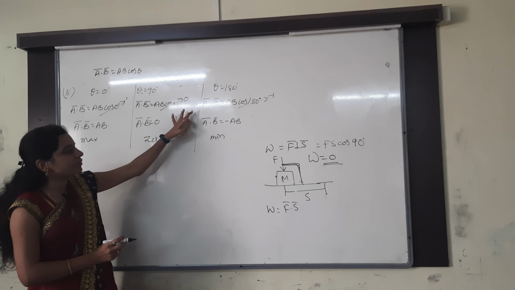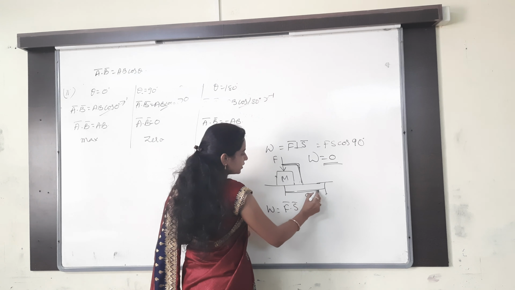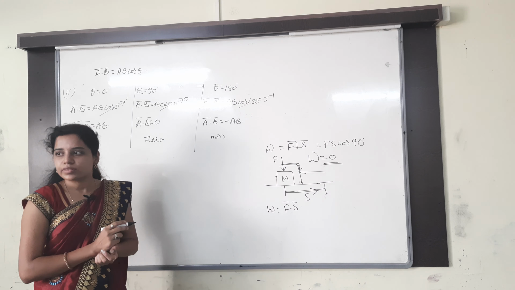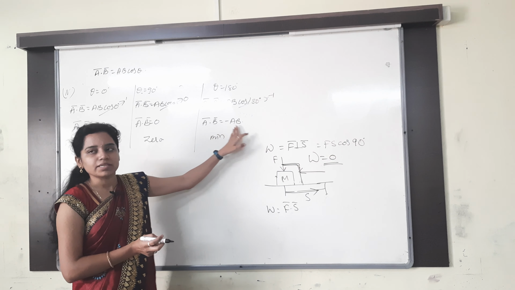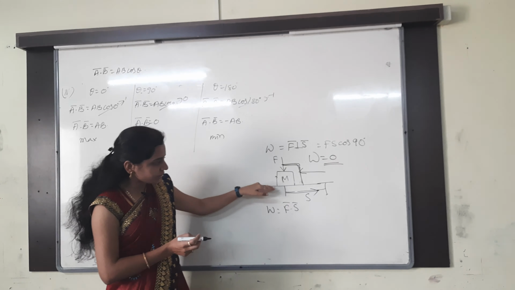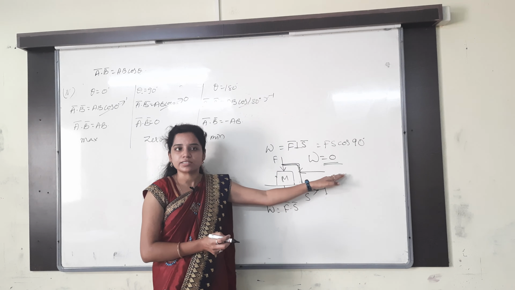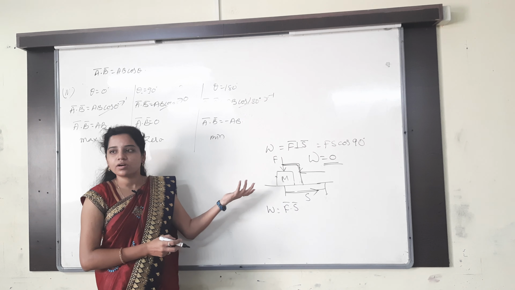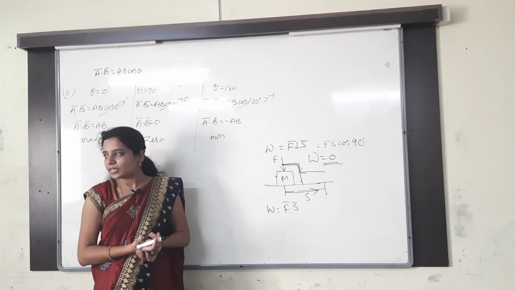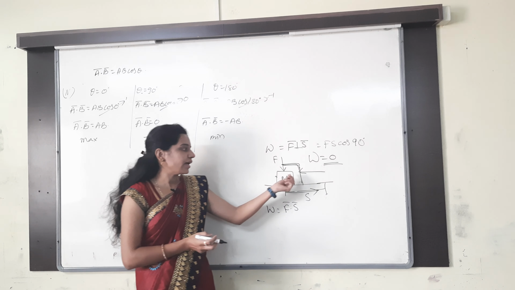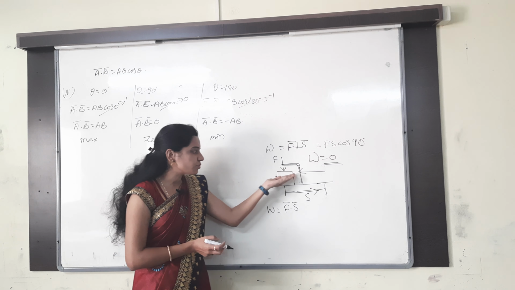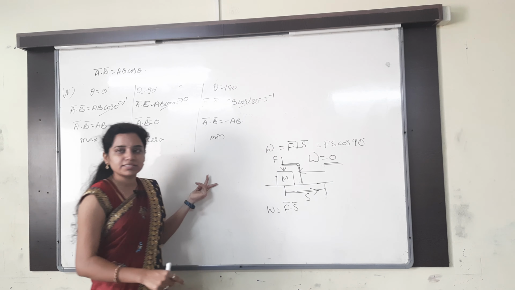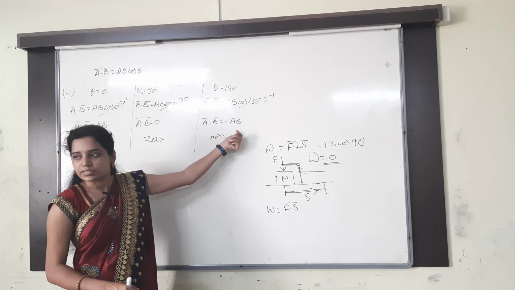Next, whenever I have the displacement vector in this direction, and I am applying the force in the opposite direction, then work done will be what? Minus AB. Why? Because we are having the displacement in the horizontal direction, in this right side direction. Now I am applying the force in the opposite direction. So the net result will be what? Whichever has more magnitude, in that direction only the body will move. For example, I have more force, then what happens? Body will move in this direction. But the displacement vector should be there in which direction? Right side direction. So only I got here minus AB.